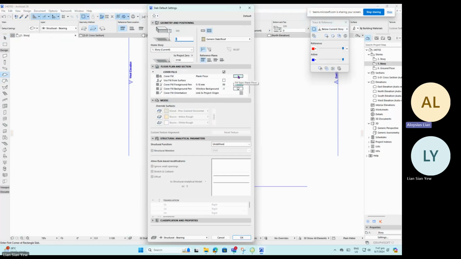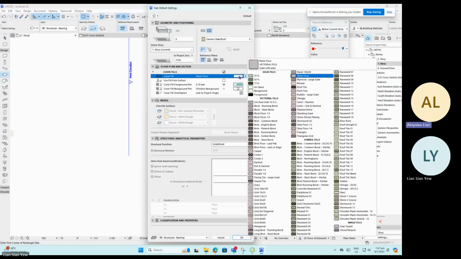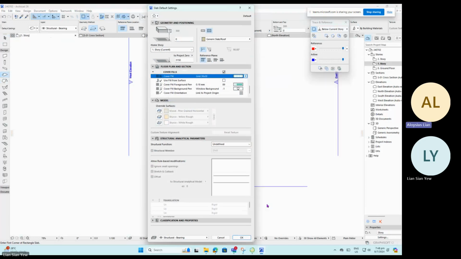So instead of using this cover fill over here, which is the plank floor, click on it, and you will have a whole range of choices for you to select. And we're going to choose the grid 30 times 30. So it's kind of like the 300 by 300 mm tile that we usually have. So click on this, click OK,